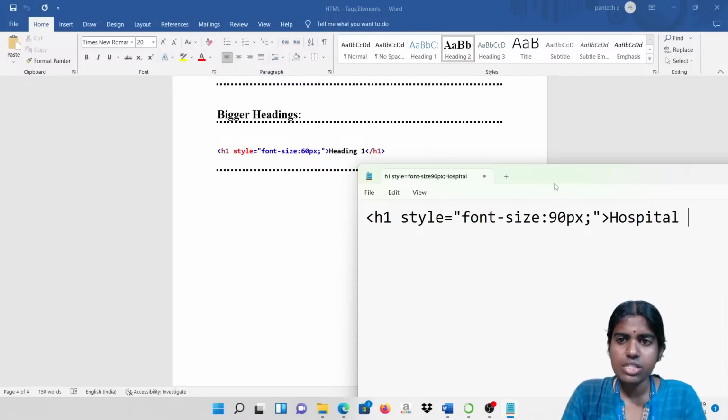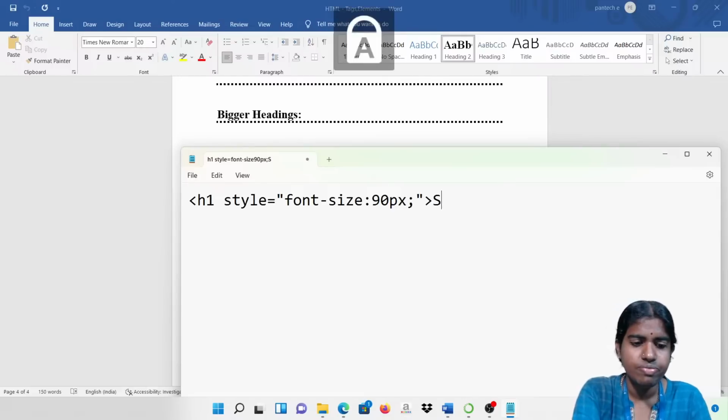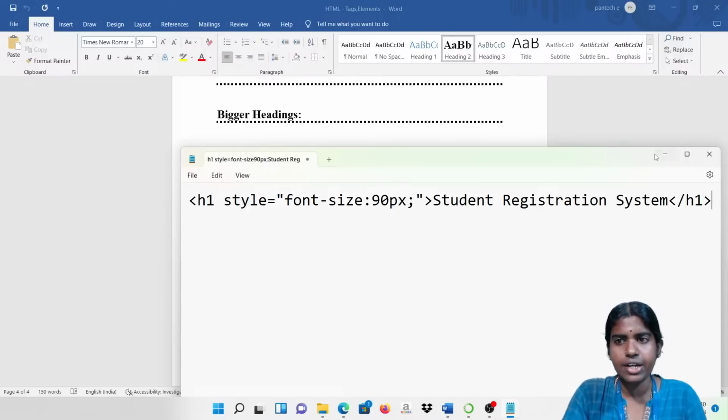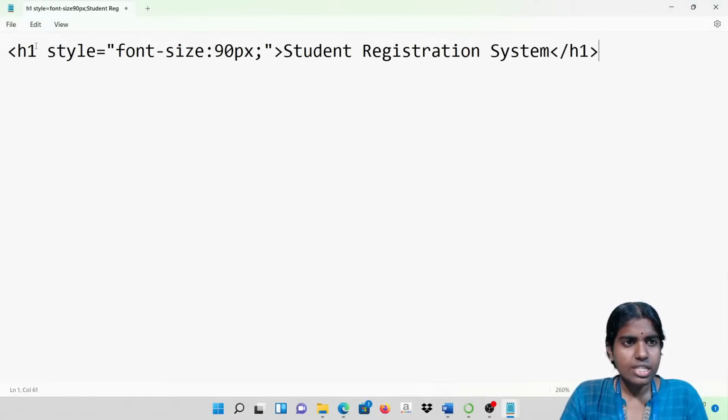I am saying here hospital management system, or I want student registration system. So I am just saying here student registration system. It has a starting header tag and a closing header tag. Inside these headers I have this h1 tag.